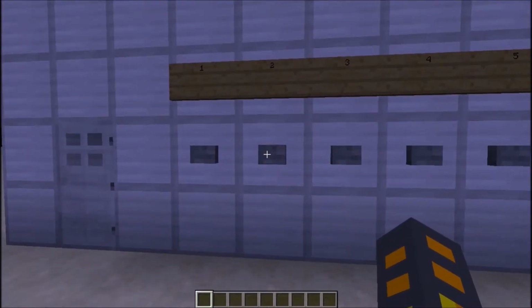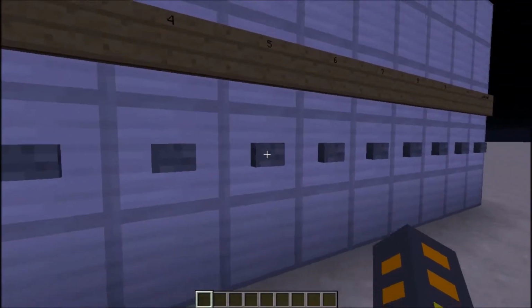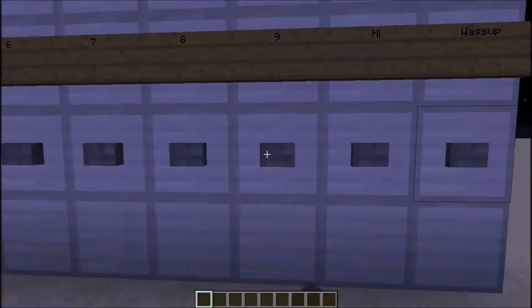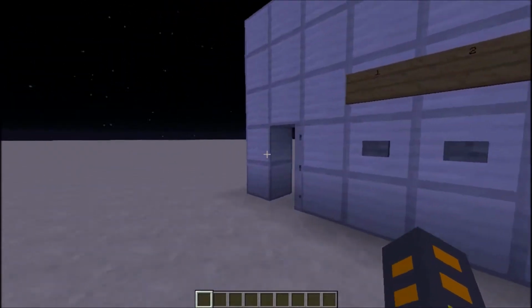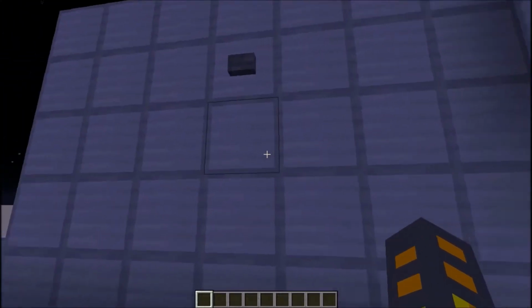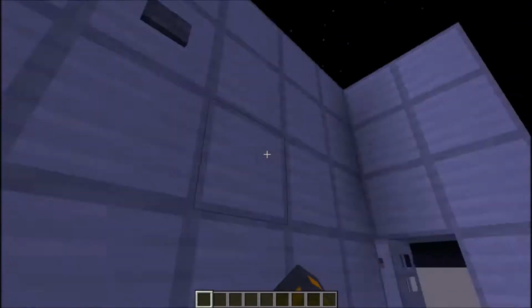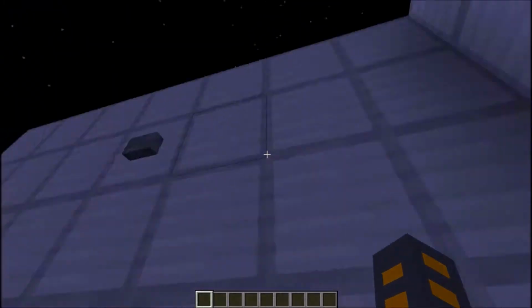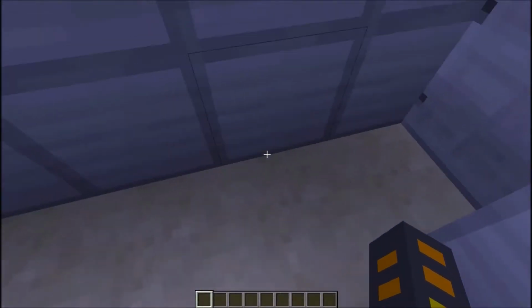So we're just going to type in our password real quick, which is 235. And the door will open and we can head on in. And of course that doesn't have to be your password, you can make your password whatever you want. But right here I have a reset button which will just reset all the pistons,